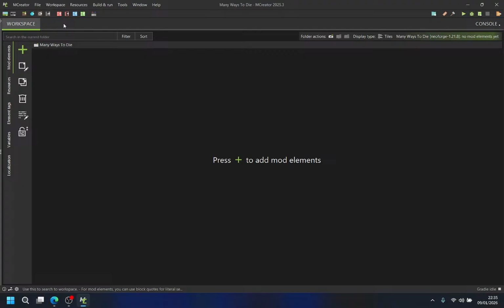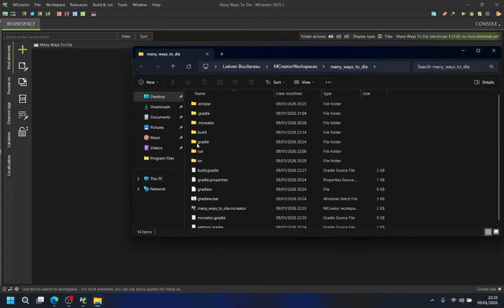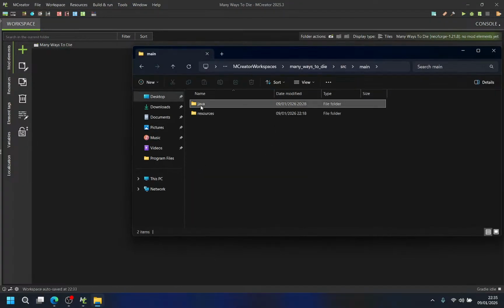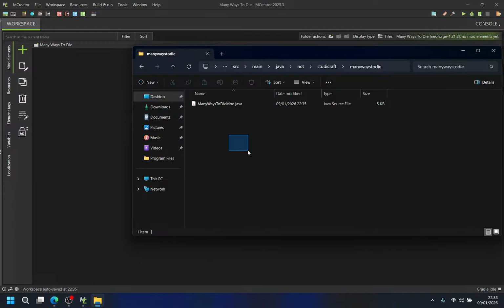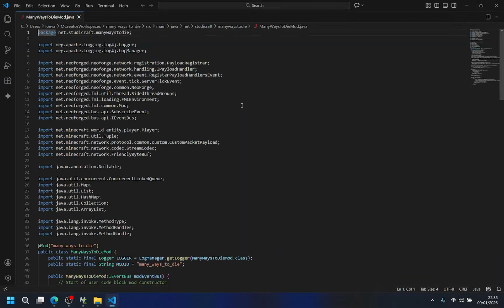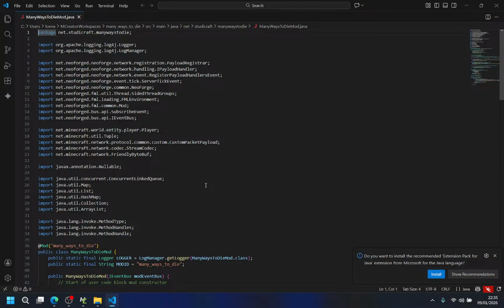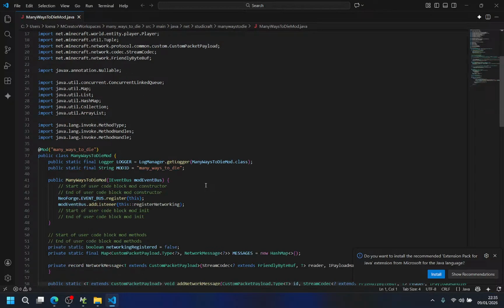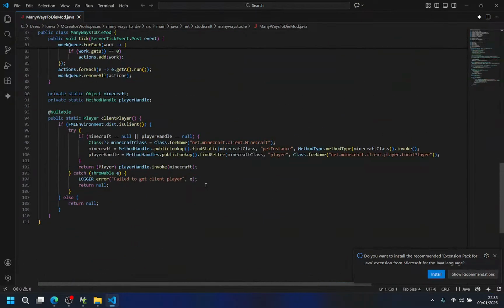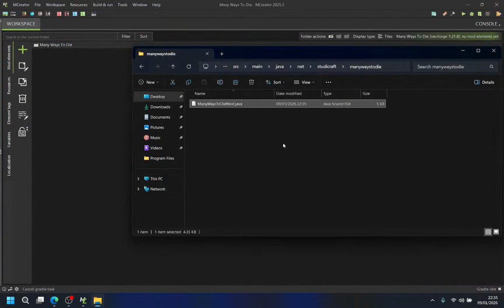Yup. Then open workspace folder, source, main, Java, net, static route, many ways to die. And is that a class? Is that a class? No, it's not, right? It shall not. A lot of things here.